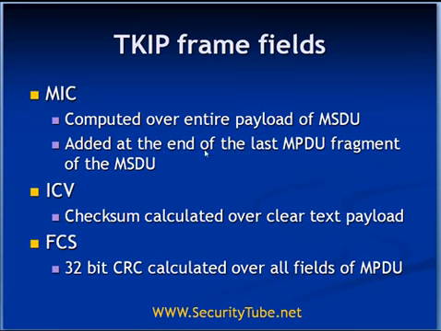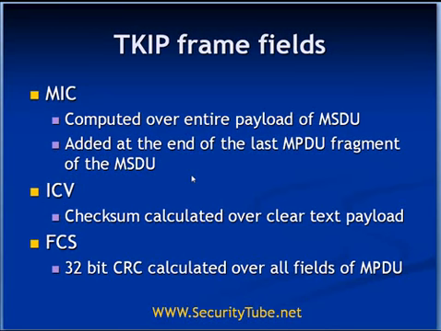It is added at the end of the last MPDU fragment of the MSDU. So if there is fragmentation of the packets, the MIC or message integrity check will be present only in the last fragmented packet. So the MIC is not added in the MAC protocol data unit, but it is added in the MAC